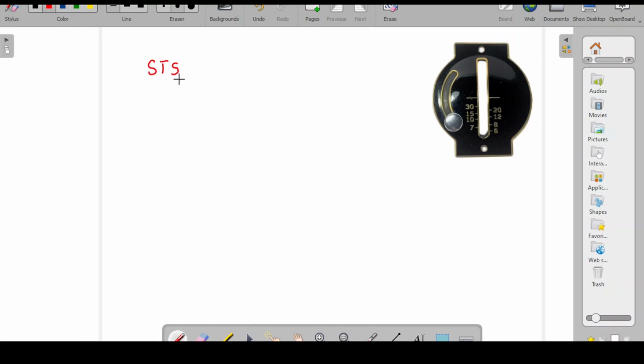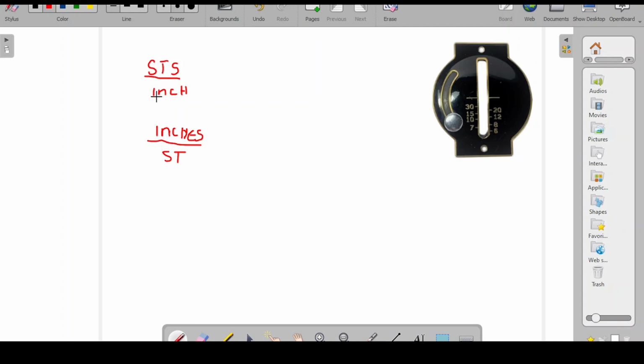stitches per inch, or you can flip it and you could say inches per stitch. And I'm adding the plural and taking off the plural, but basically these are just different ways of describing the same relationship. Because one thing that we have to remember about math is that when you have fractions,